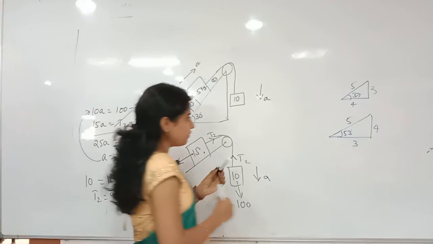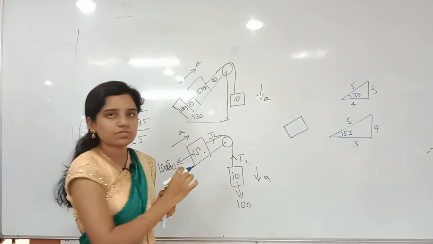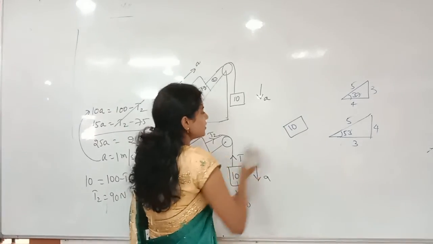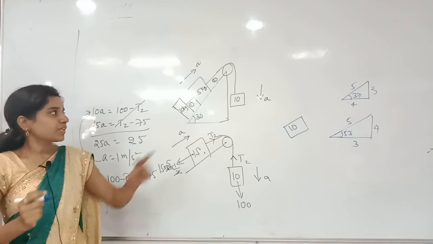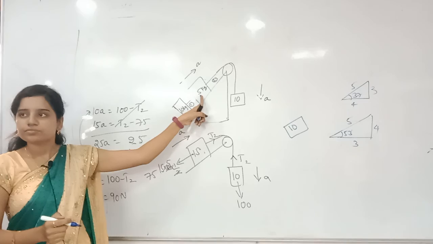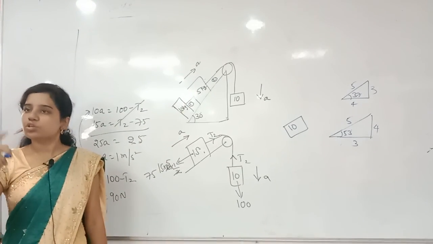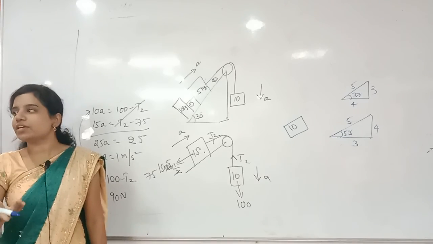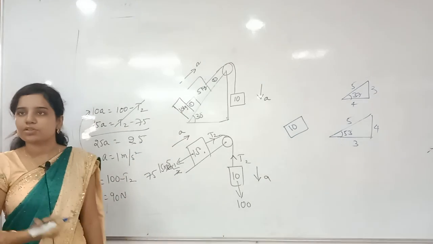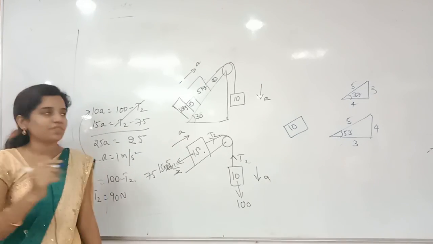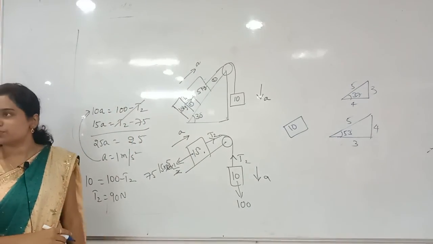Check this. Here I have taken this one as 5 kg and the one below as 10 kg. For the 10 kg block, how many strings are there? For the 5 kg, how many strings are connected? 2 strings. So for 5 kg, 2 tensions will be there. Instead of taking that, take this one, that will be easy. Why? Because for 10 kg, only 1 string is connected, so only one force, T1, we will get in this direction. Forget about the 5 kg first of all.